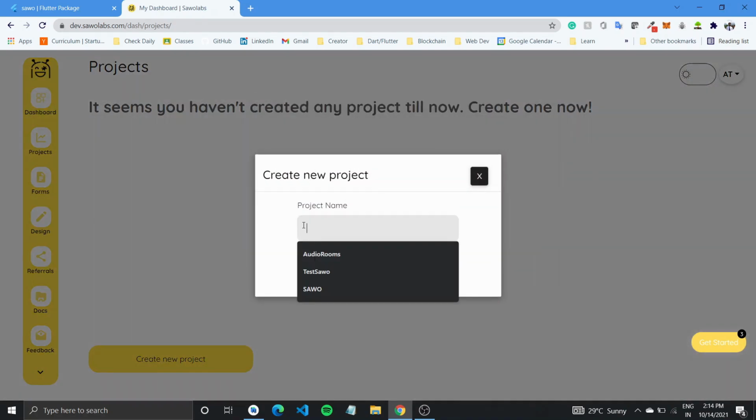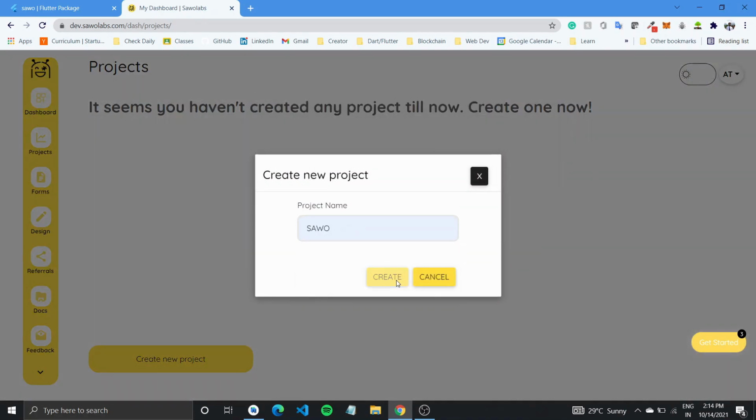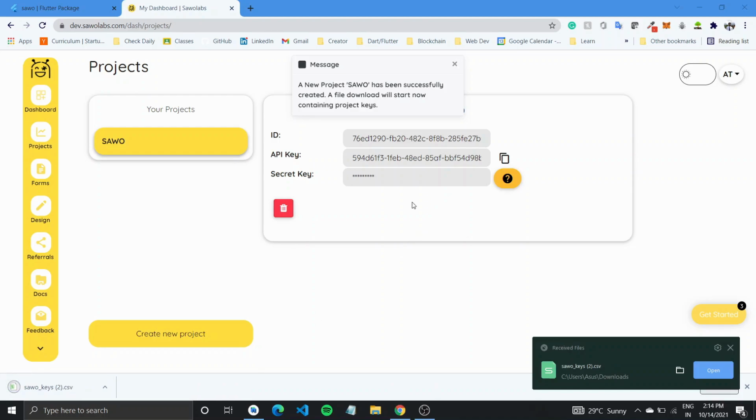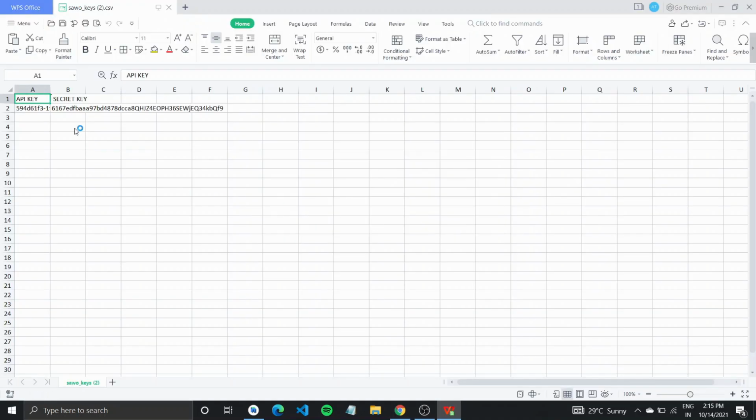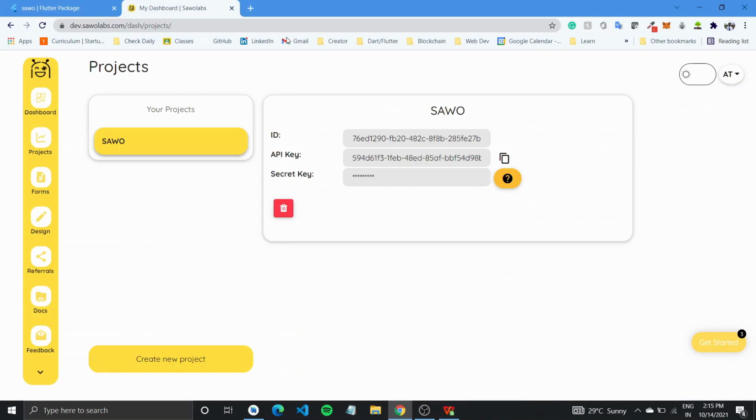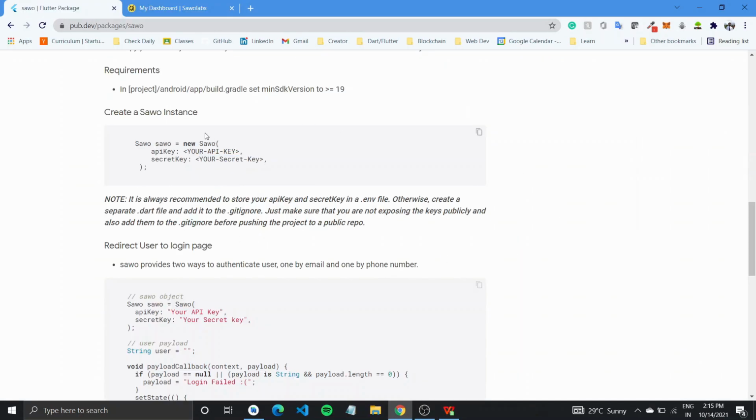Hit continue, enter a package name and click on create. Once you do this, you'll see a Savo keys file downloaded to your device. This file would contain an API key and a secret key, which we will use to create our Savo instance.